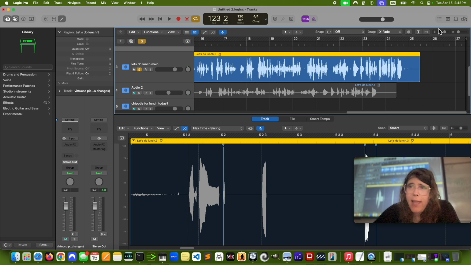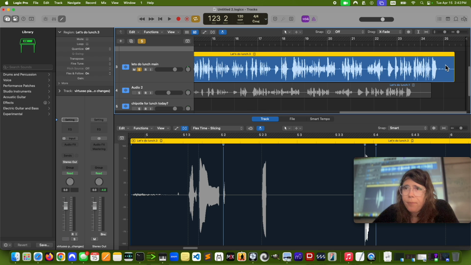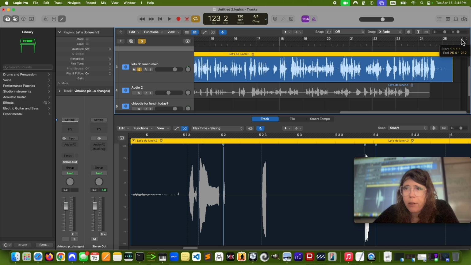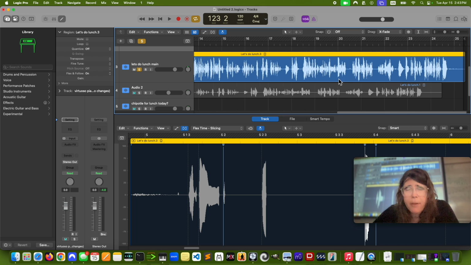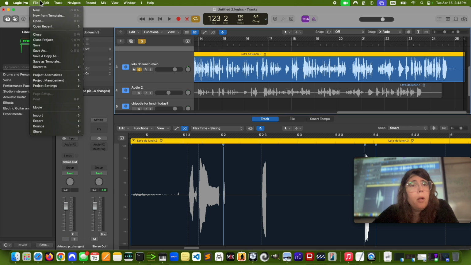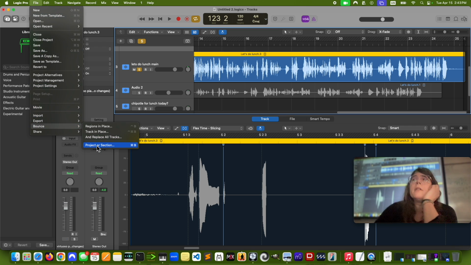It's this little arrow in that dark section. I'm gonna put it where I want it, leaving a tiny bit of space at the end. And then I'm gonna go File, Bounce, Project.